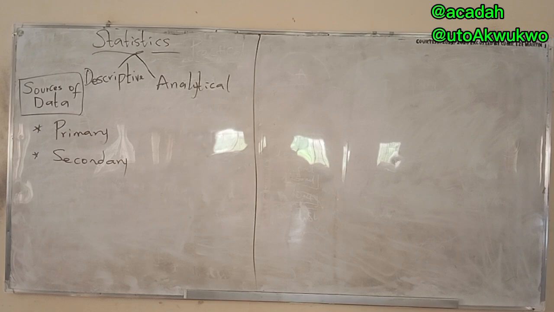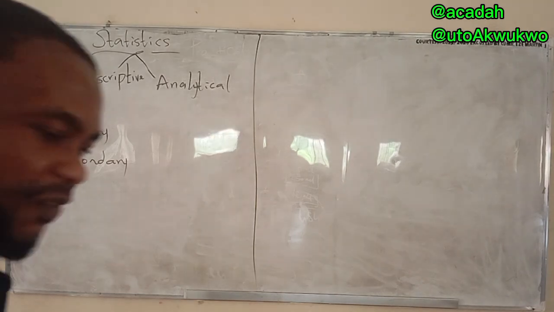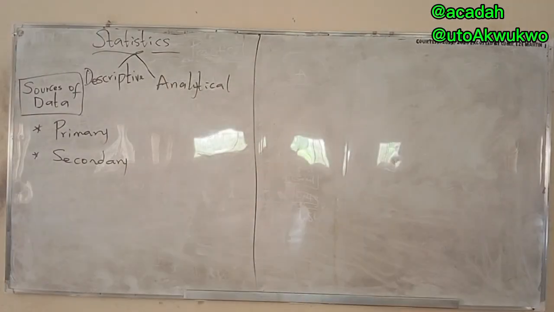If something is happening, let's say police just enter here and arrest your friend, and you witness how it happened, to you it's a primary source of data. Whoever you're giving that information to, it is coming from the direct person or direct witness. That is the primary data. But if the person that gave this information gives it to another person, and that person now publishes it in an article or newspaper, it becomes secondary data.